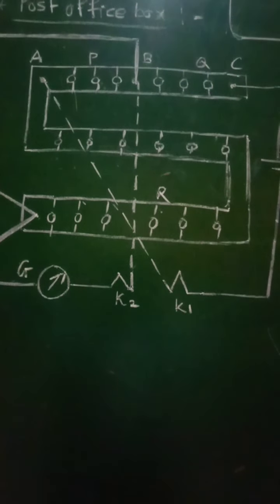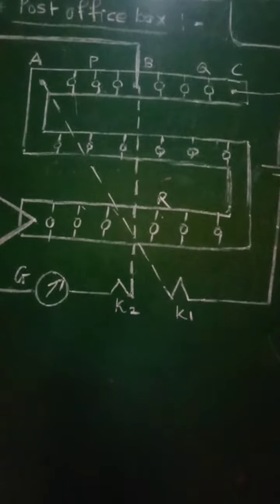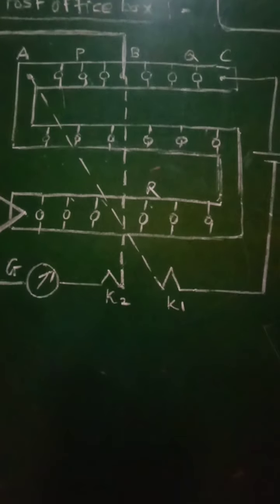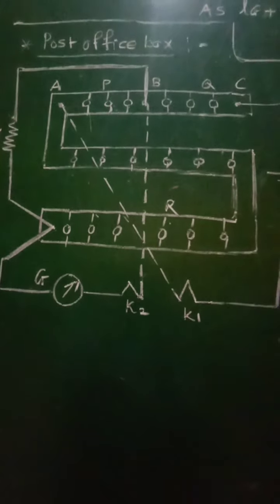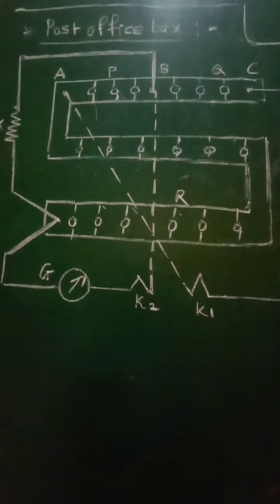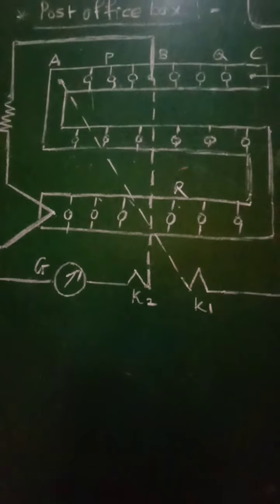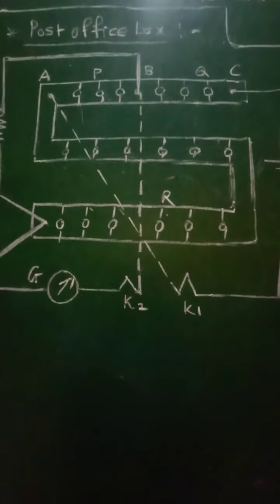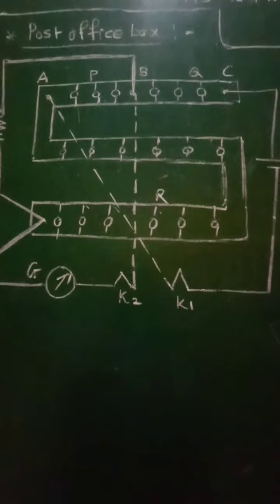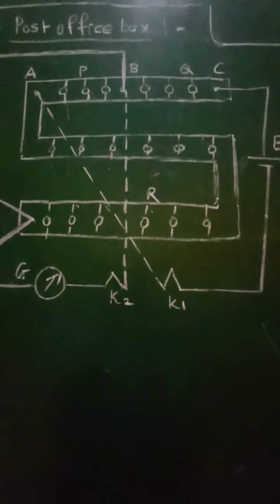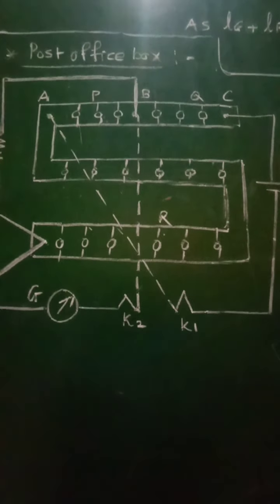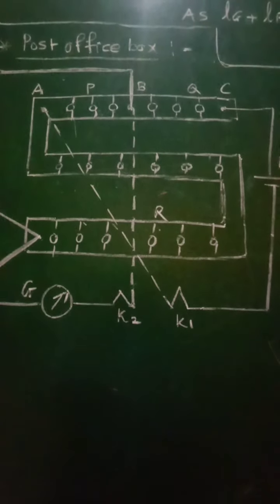The two ratio arms, P and Q, will contain resistances 10 ohm, 100 ohm and 1000 ohm each. For P and Q only three resistances are shown, having values 10 ohm, 100 ohm as well as 1000 ohm each. The third arm R contains a large number of resistances ranging from 1 ohm to 5000 ohm.